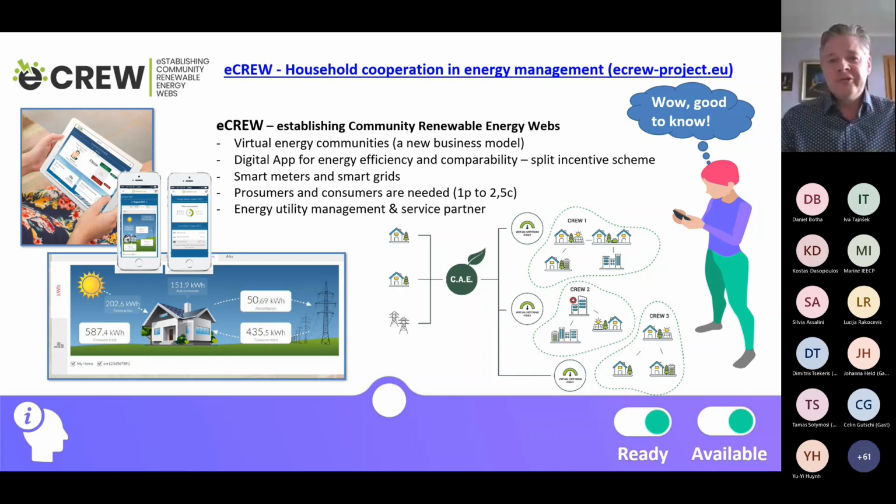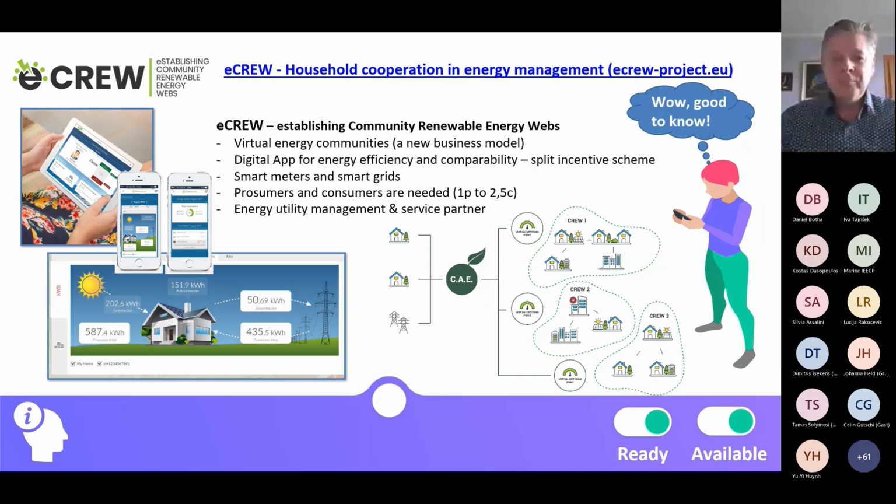In addition, you can also see your consumption. Every single household, because of this app or digital platform, can see their energy consumption. So how much energy am I actually using, and what is the tariff setting at the moment? So how much does it actually cost in real time? This is a great benefit in this case and adds to the business model and also to the value.